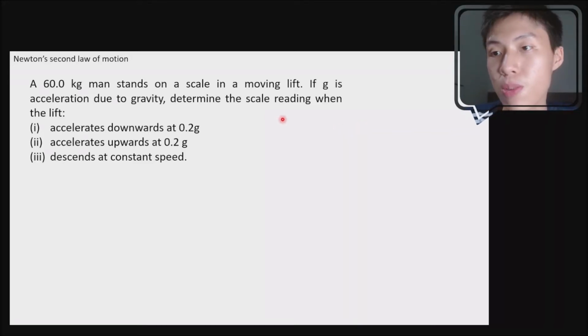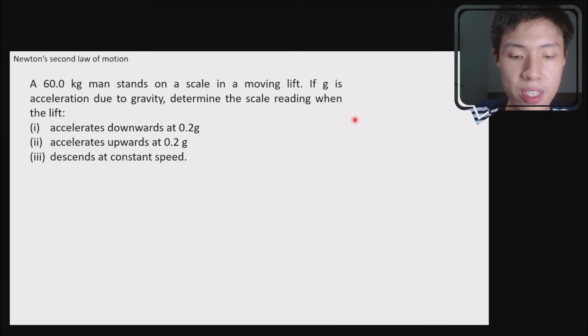Let's try to solve this problem here. A 60 kg man stands on a scale in a moving lift. Well, it's a lot of objects here, so let's try to draw it out. We have a 60 kg man,